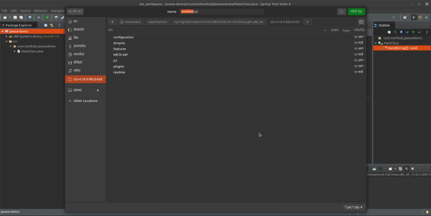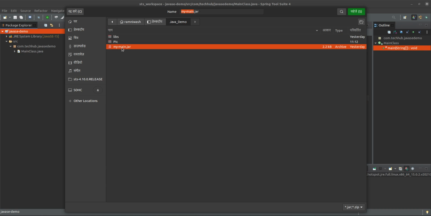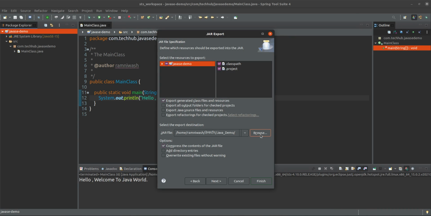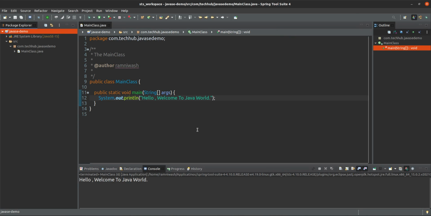Where you want to put this one, you can select that. Currently I am giving in desktop, Java demo, and this is yesterday's step. You can delete it and finish. Yes, so it will create that one. So that is very easy. You can do it like that also.